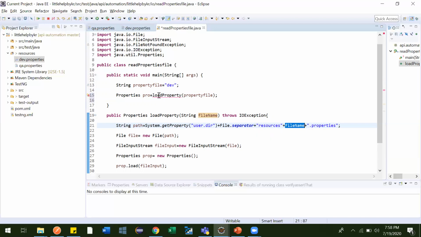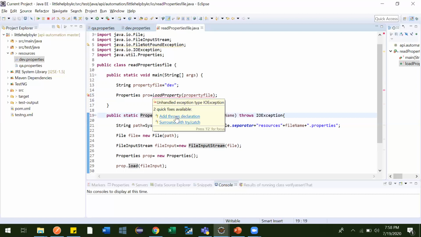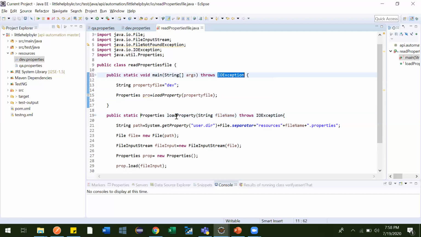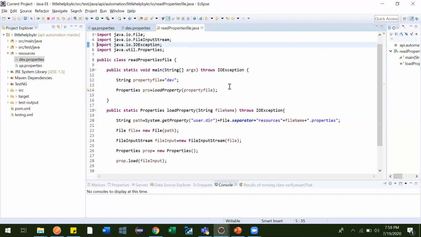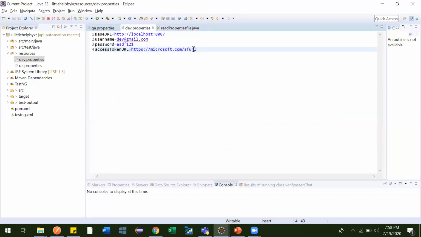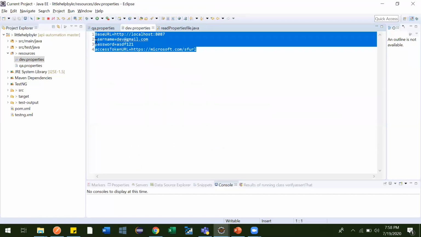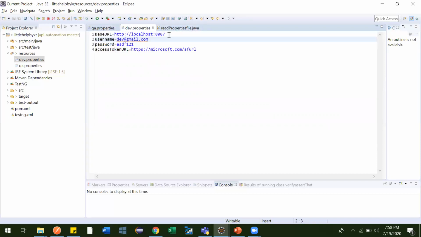Okay, so why is this throwing error? Because we need to make it static. Still it is throwing an error in the declaration. Perfect. Now it is perfectly fine. Now see, as we have written this dev, it will go to this and it will now point to all these variables. So just let me print some of them and let me show you.